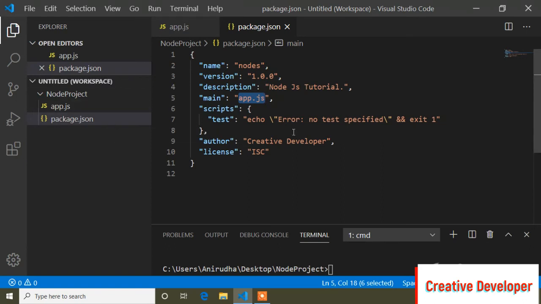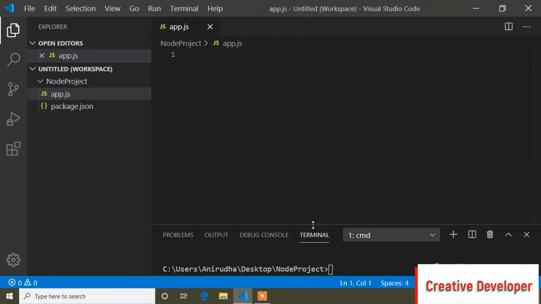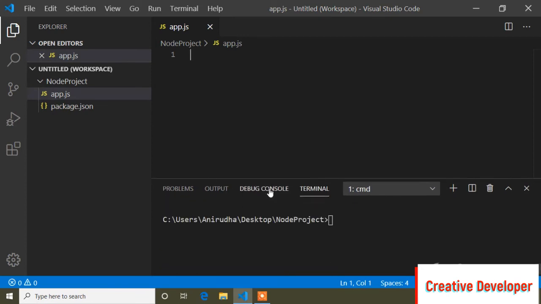When I install any package, it will be added inside this package.json file. It will show the name of the package in the package.json file. And now I have to install another thing, which is called node modules. So here I will just write npm i, for install.